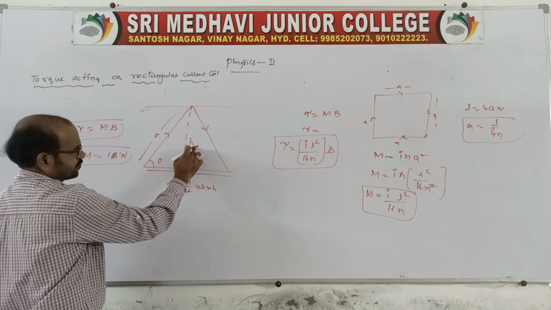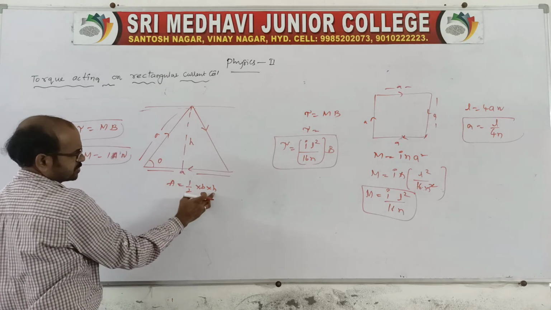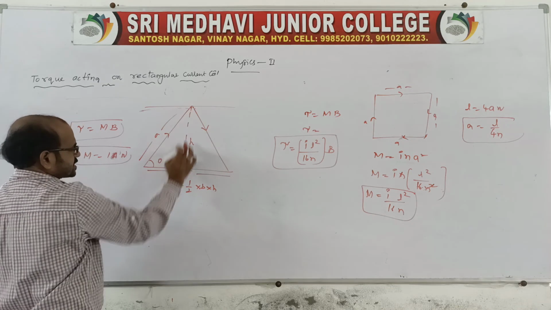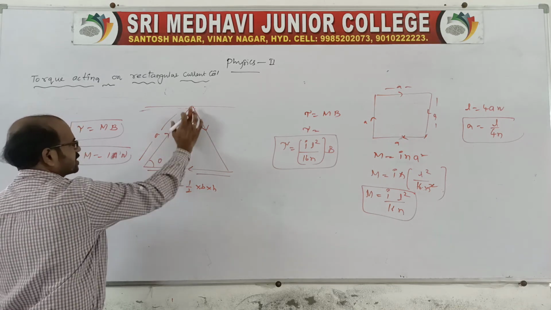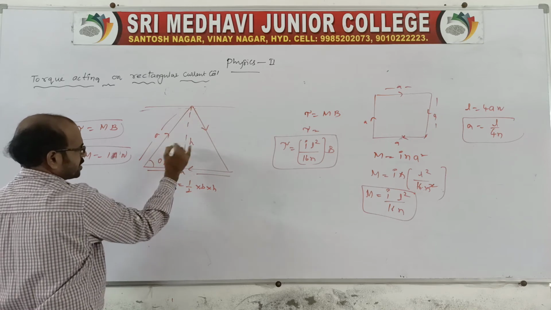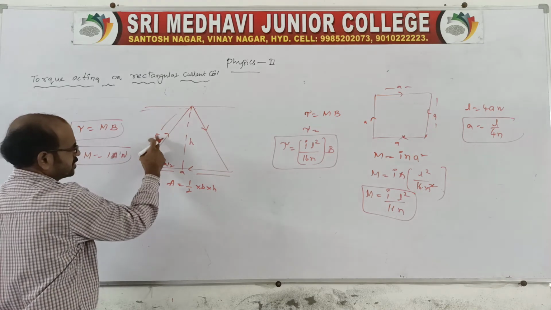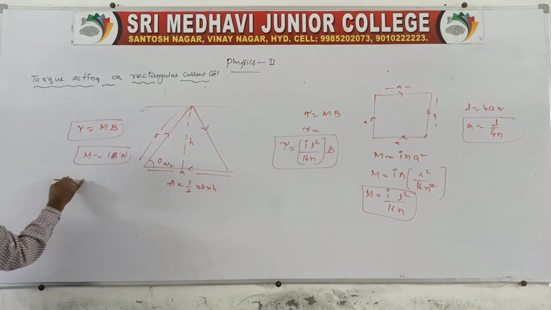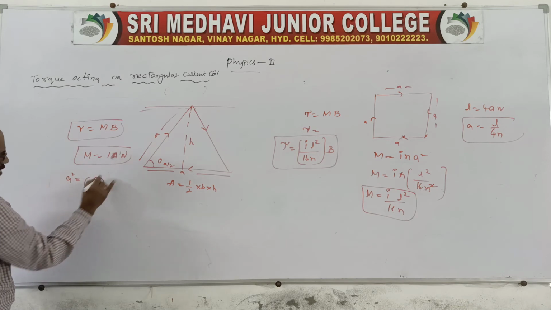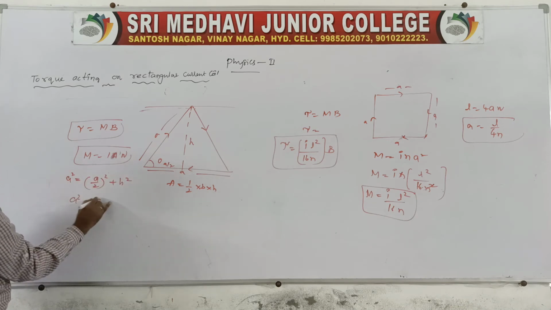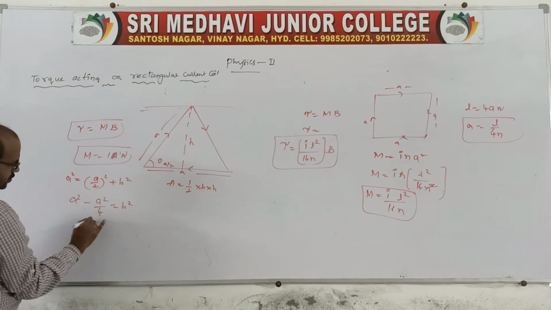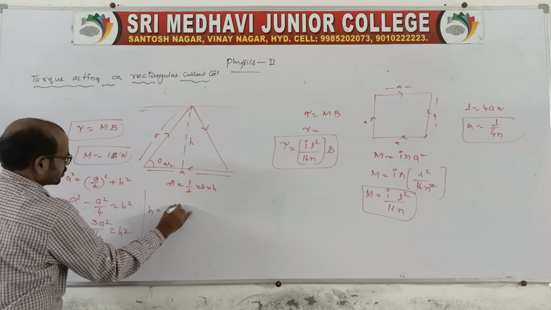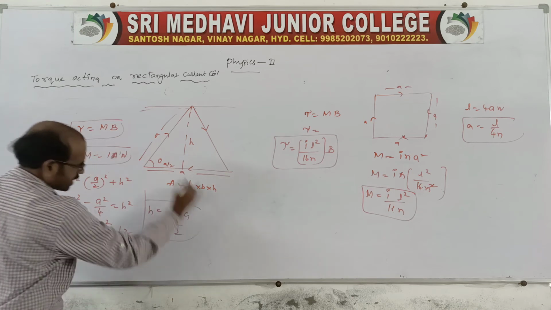Then get this height. After knowing this height, here you substitute, because breadth is given as A, but we don't know height, no? Use this right angle triangle, get this one, it is A by 2, no? We may get H value, because A square is equal to A by 2 whole square plus H square, right? A square by 4 is equal to H square. So 3A square by 4 is equal to H square. So that H is equal to root 3 A by 2. This is the H value.